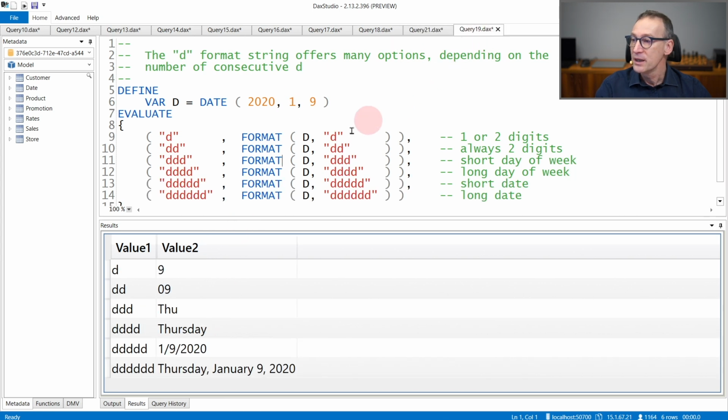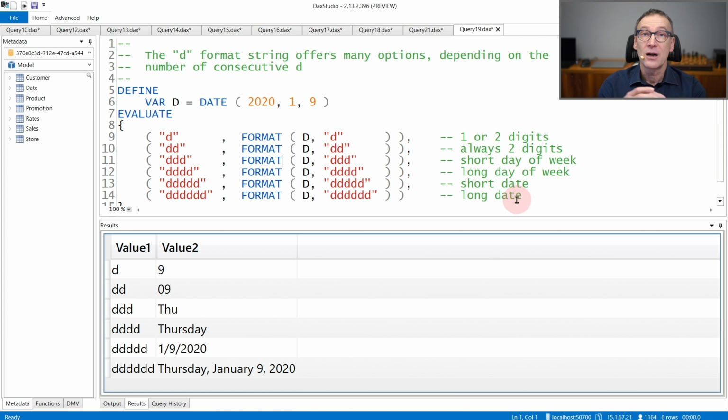In a similar way, the D string can have a lot of different meanings, again, depending on how many Ds you put one beside the other. D can be just the number of the day with 1 digit, with 2 digits, but starting with 3D, it becomes the day of the week and can be the short format or the long format. If you use 4D, then it becomes a short date, and if you use 5D, it becomes a long date.